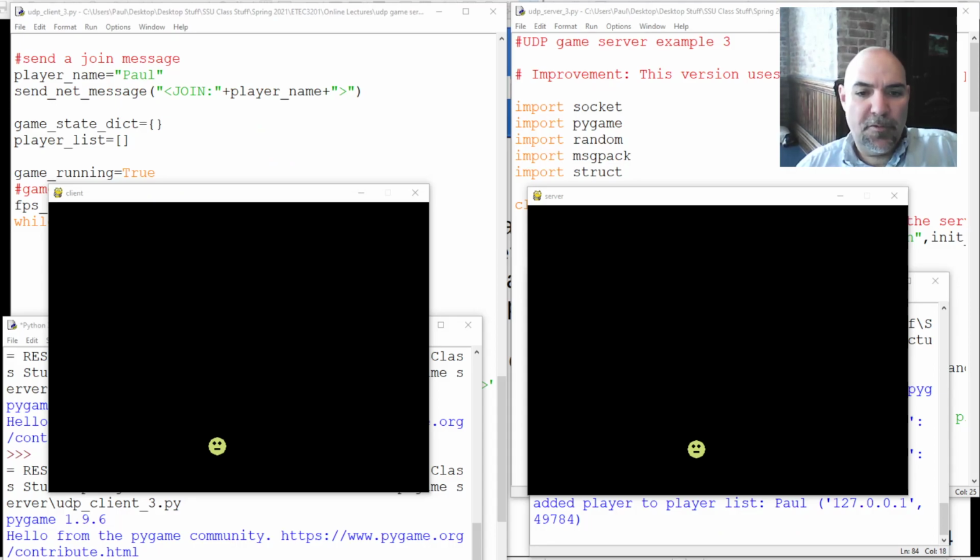Okay, so here we are with this final version, and I imported in the server. I imported struct, and I used struct to show you how you can encode data. It's still using message pack for sending the data across. But I wanted you to see how struct can actually be used to serialize data. But you'll notice that this is now fairly responsive. It works fairly well, including if I add